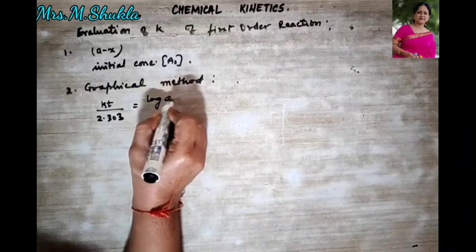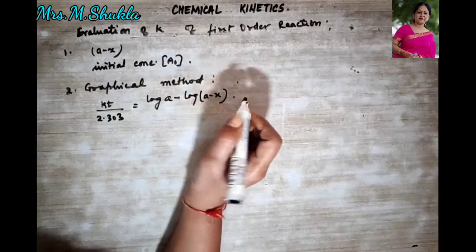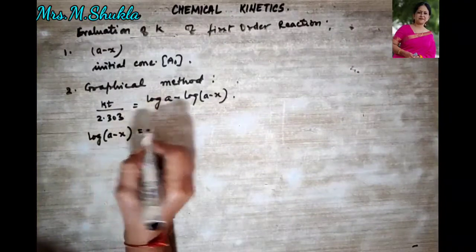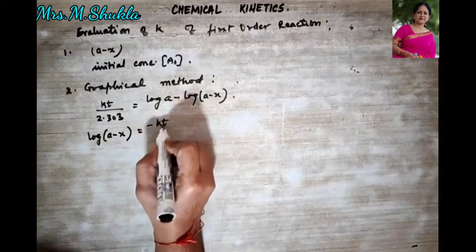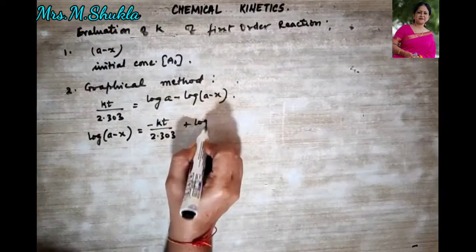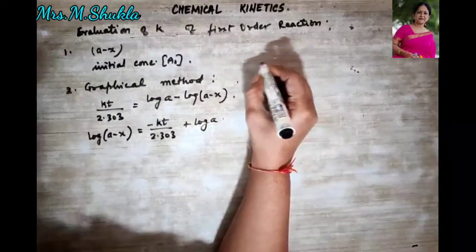to log A minus X. Okay, so your log (A minus X) can be equal to minus this, you bring it over here, Kt upon 2.303 plus log A, right? So now if we look at the graphs